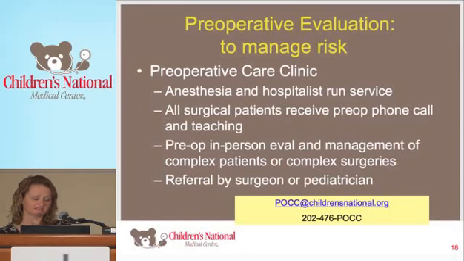And then we see and evaluate in person complex patients, so patients who usually are an ASA 3 or greater, so if they have some kind of illness that is a risk to life, or if they're having a complex surgery. I'll just highlight right there, because here's one you're going to see a lot: patients who are having posterior spinal fusion. Idiopathic spines are patients that we like to see in the pre-op clinic, although they technically come in as an ASA 1, usually healthy, because it's a big surgery that has a lot of pain postoperatively. We like to get them ready for that. Sometimes the patients want to pre-donate blood, and we want to arrange that for them. So those patients we like to see and help.